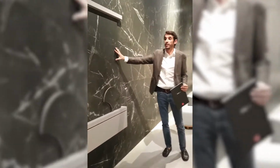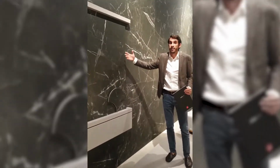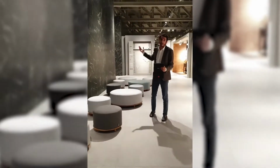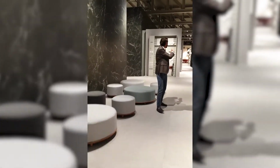This is a good example to see the variation also because we have installed all this wall, and as you can see at a quick glance, there are no signs of repetition, although there might be some pieces that are repeated when you turn. There are a lot of different pieces to make it resemble real marble, okay? So this was just a quick mention of the matte marbles, and we're going to move along to this aisle,